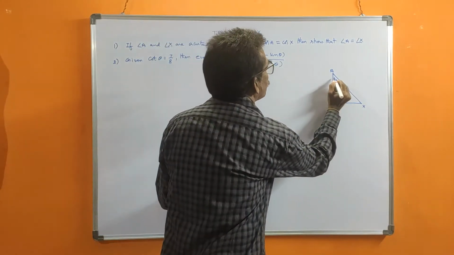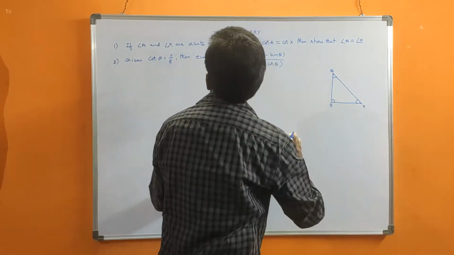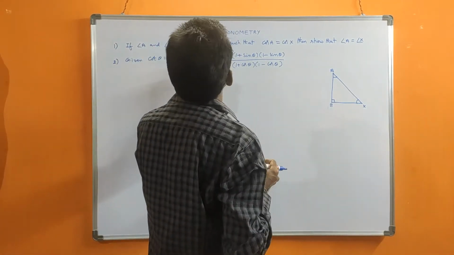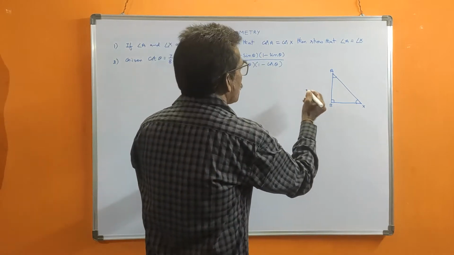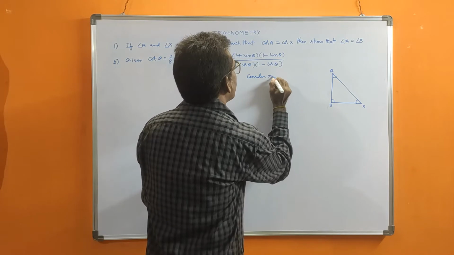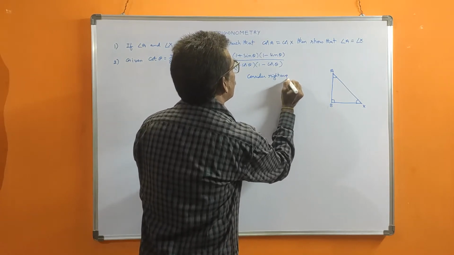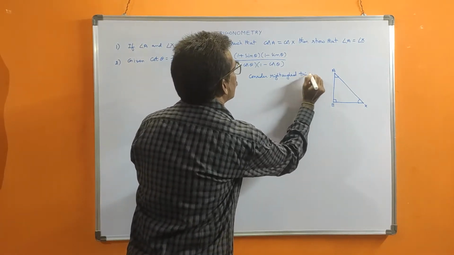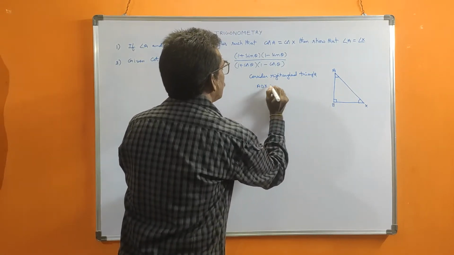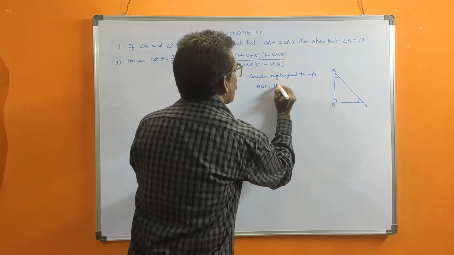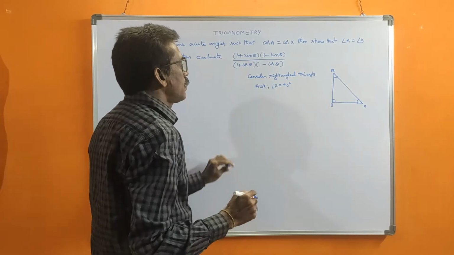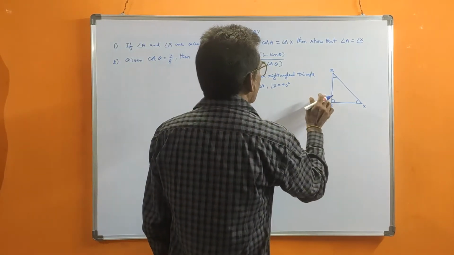Now see, A is one acute angle, X is one acute angle, he gave. These two are acute angles, he gave, already acute angles only. The next condition he gave. So that's why first consider the right angled triangle. Consider the right angle triangle ABX, where angle B is equal to 90 degrees. So that we should consider.